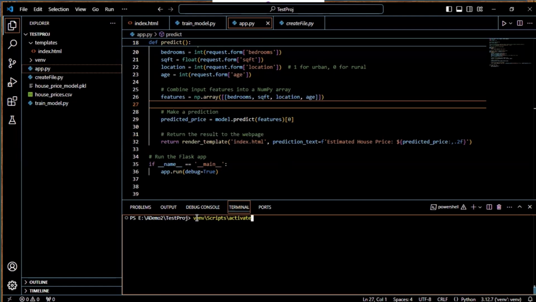Let's activate the virtual environment created to run and test the application created. Once activated, run the app.py file to launch the website created.